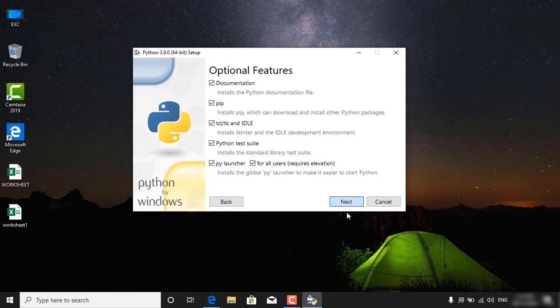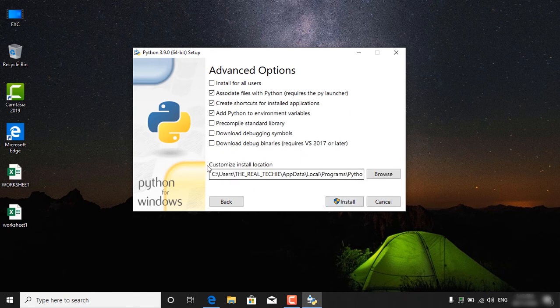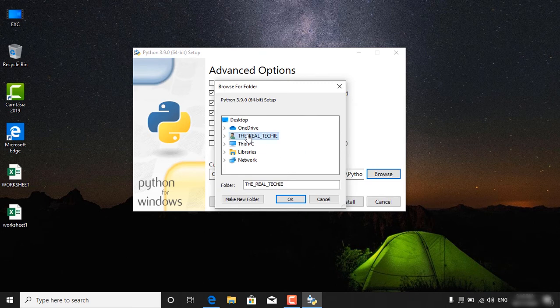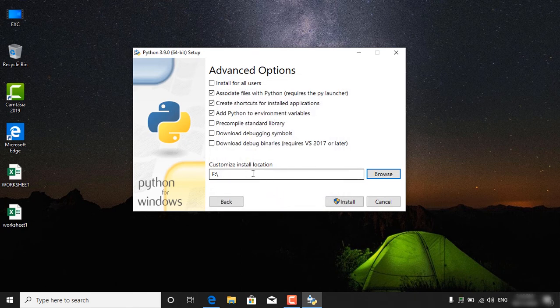Once I press Next we can see an option like this, and here we need to change the location where we need to install the application. I will click the Browse option now, and we need to choose the easiest location where we need to install. I will choose drive F here, and in your case it will be C. Once I choose the drive, we need to type which folder we need to install to, and I will type Python. So I will install it in the F drive in the Python folder,